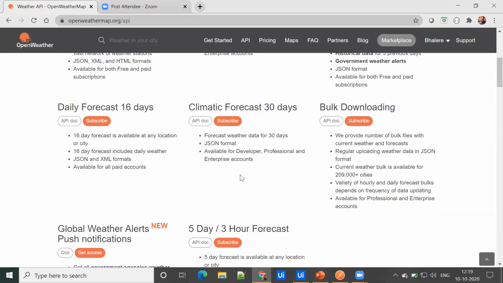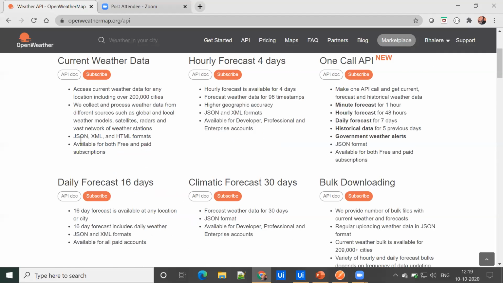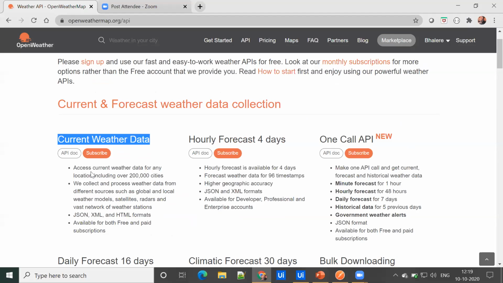For today's demo, I'm going to use the current weather data API. It gives me access to the current weather data for any location, including 2 lakh cities. So let's go to the API doc.